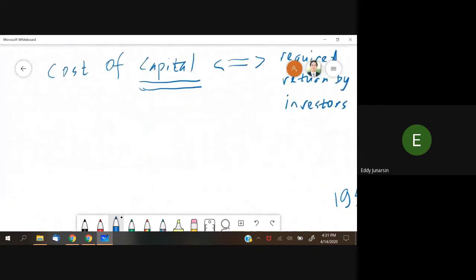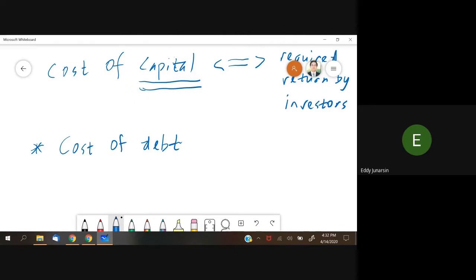Components. So cost of capital has components, right? Because we have many types of investors. So let's start from the first component. So we have cost of debt, right? So we use debt. Most companies use debt, and we'll see a myriad of benefits offered by debt financing in maybe our next lecture or subsequent lectures that will follow.